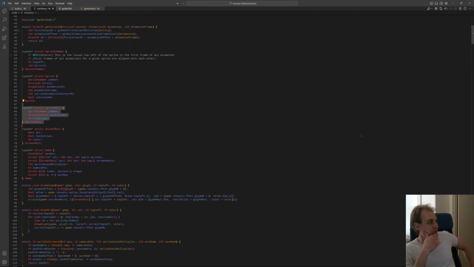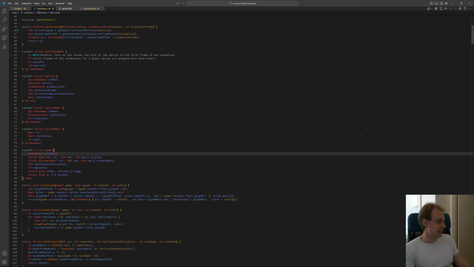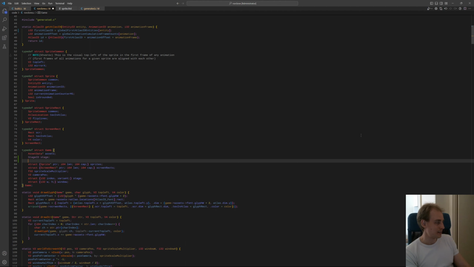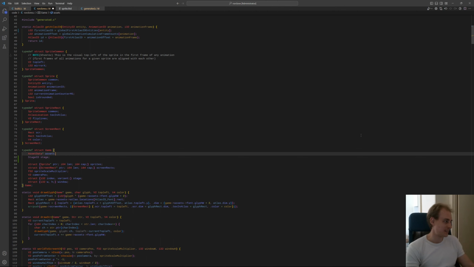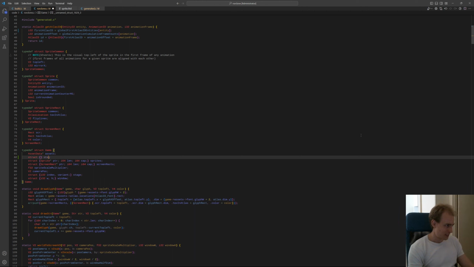Like this is the same for stages and this is the same for stages and non-stages. But this isn't. And there's only one stage that's active anyway. So like stage ID, stage, and struct stage, and then here stage ID